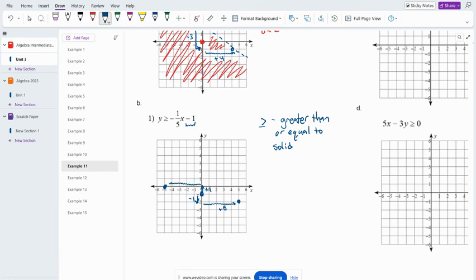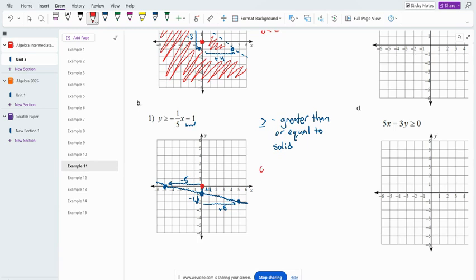So again, this would be -5. This is going to be a solid line, so we're going to do our best to connect these dots with a solid line. It says greater than or equal to, so we're thinking above, so we're going to check out